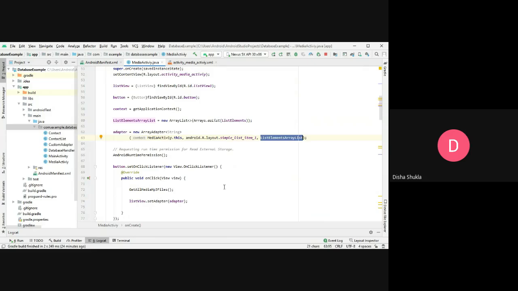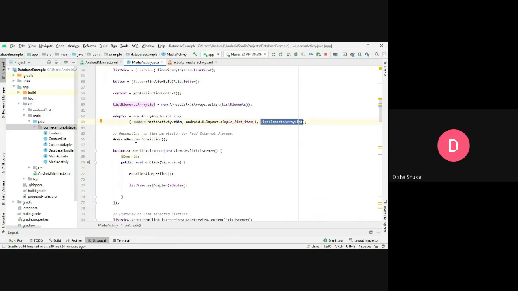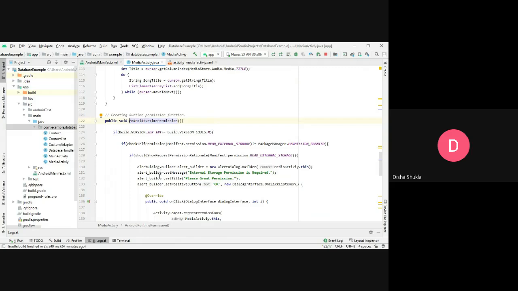Now starting with this, this is the method that you need to implement whenever you are coding for the versions that are greater than Marshmallow. See, before Marshmallow you just simply needed to put the uses-permission inside your manifest file, but after the versions of Marshmallow and including Marshmallow, you need to provide a runtime permission.